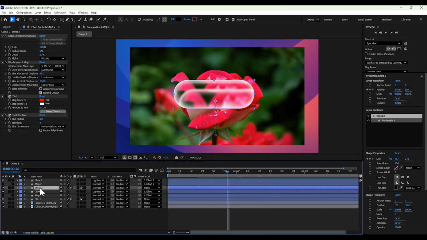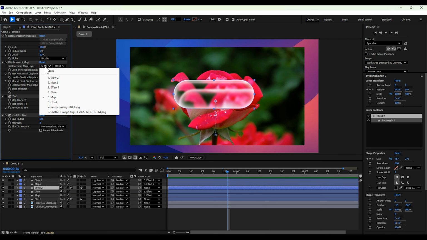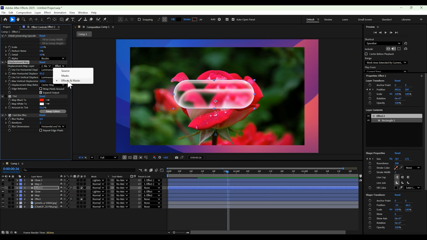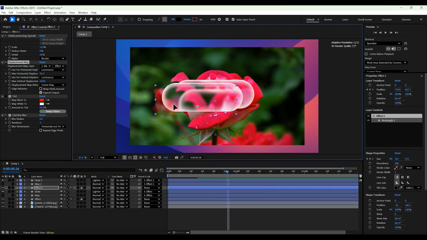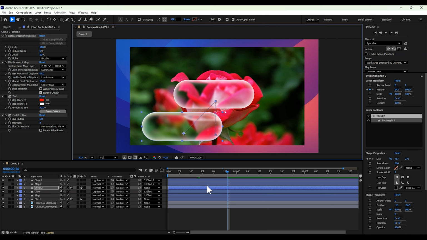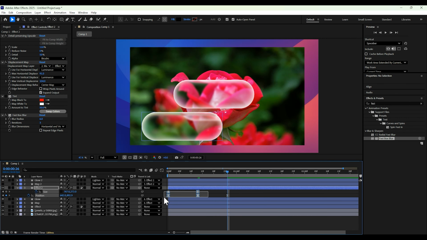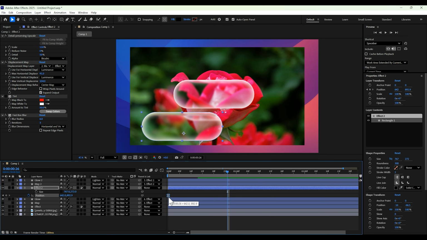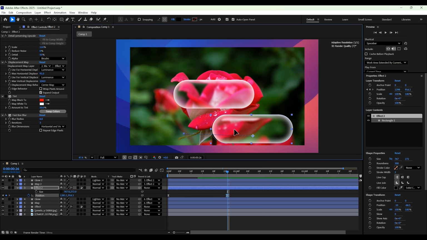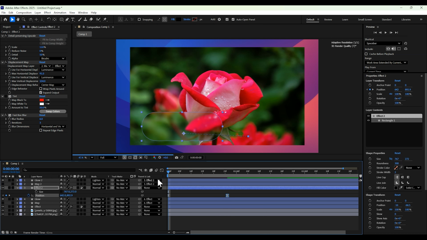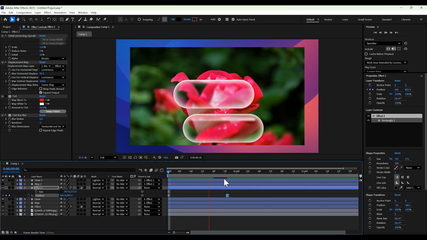Now when you do that, what you want to do is click on the new effect layer and go to Effects, Controls, and Displacement Map. And you'll want to change this to the new map layer, so map 2. And then make sure this is still Effects and Masks. Awesome. And now we can move this one around. Just delete these keyframes. Awesome. And now we have 2